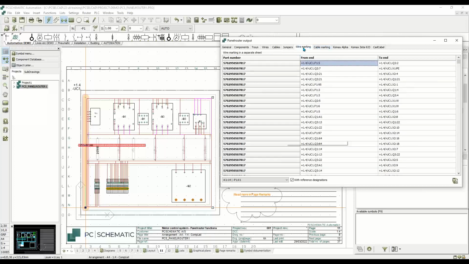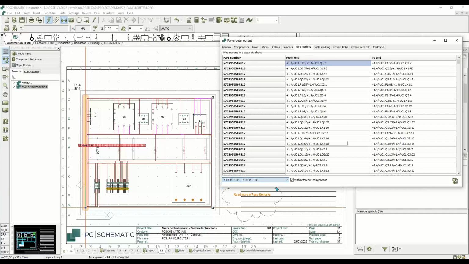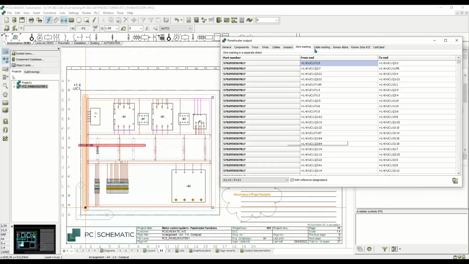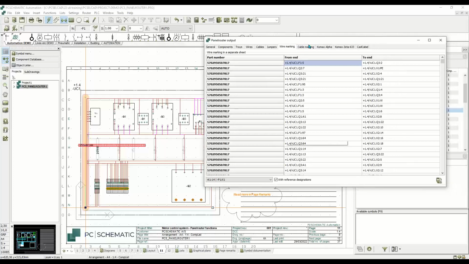And I could also go in and take one list here for wire marking if I only wanted to know the line type and markings at both ends, either to, from, or from to at both ends, you know, CL or CB. So I could put that in. The same with the cables. But what is more important is that we talked about this Panelrouter here in conjunction with the ready-made or ready-to-make